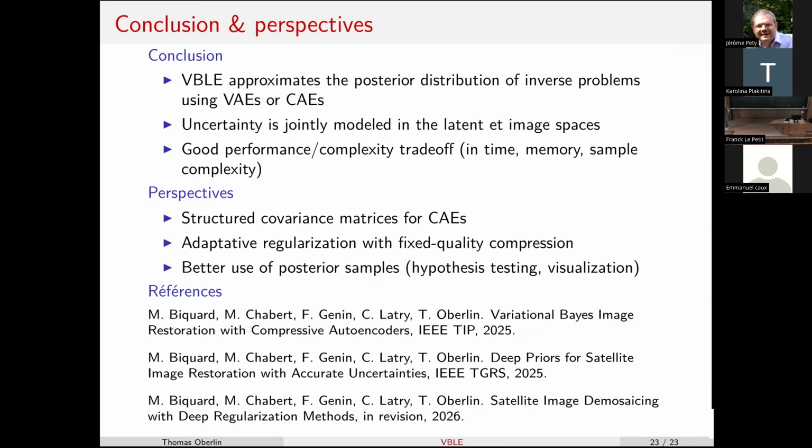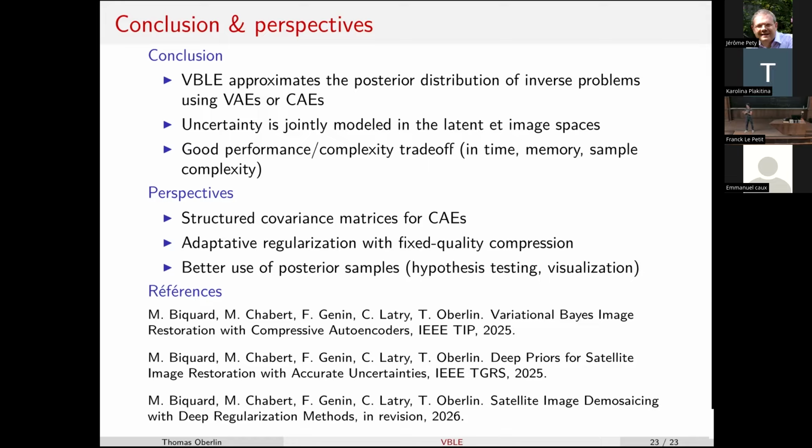And I didn't understand. So you have autoencoders, and so you make a distinction between variational and compressive autoencoders. But does it mean that the latent space in one is bigger than the other one? It's a good question. The size of the latent space. Traditionally, variational autoencoders have small latent spaces. If you want to have a good unconditional generative model, you need this.